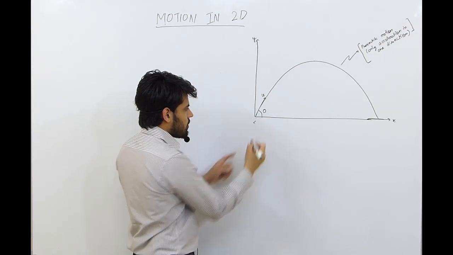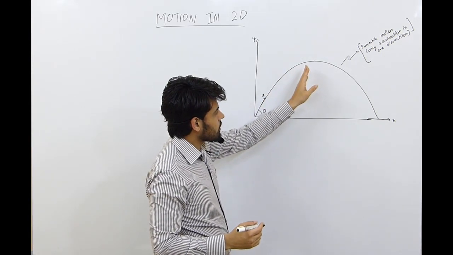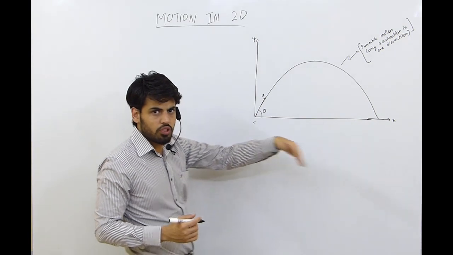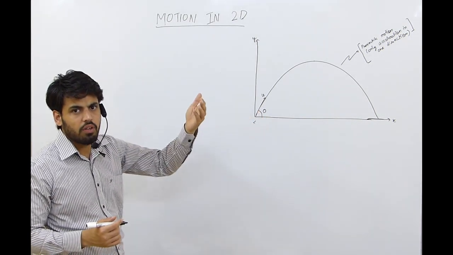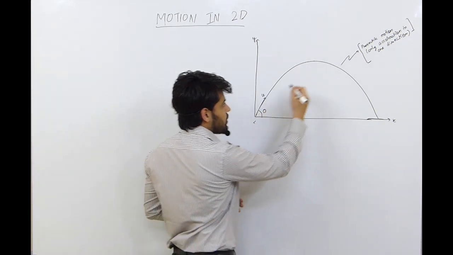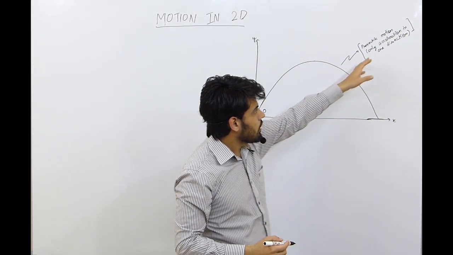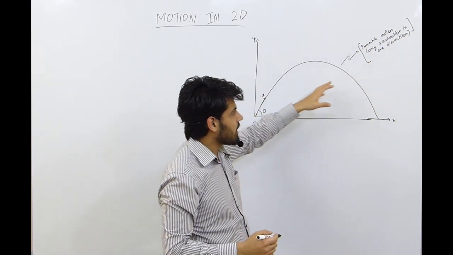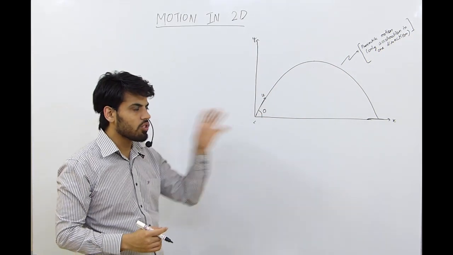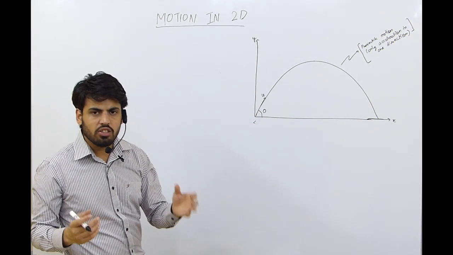Any object which is thrown from a point and goes in a vertical direction will again fall to the ground. Whatever goes up definitely has to come back. This motion is known as projectile motion because only one acceleration is acting, in one direction, that is acceleration due to gravity. In the horizontal direction, like in the direction of x, we consider that there is no acceleration.